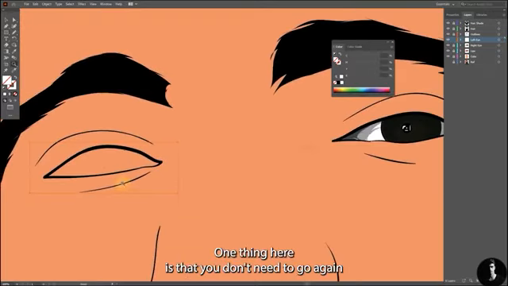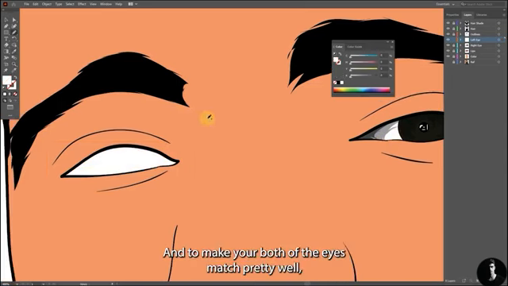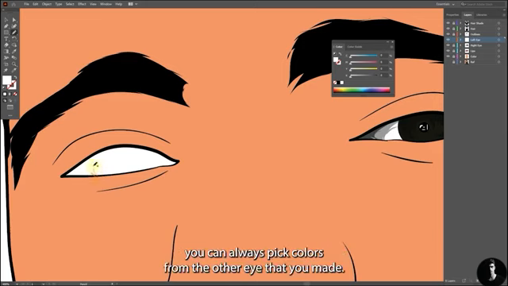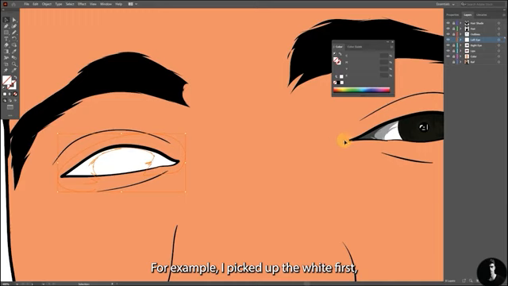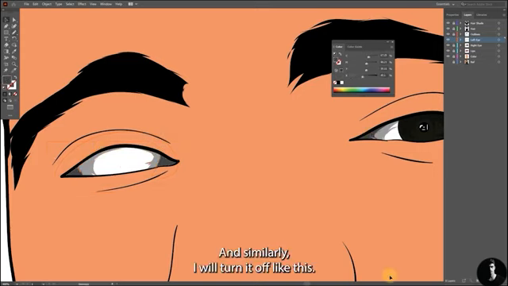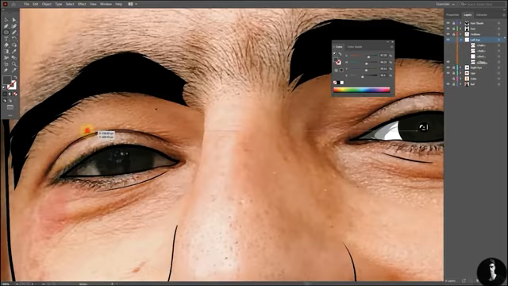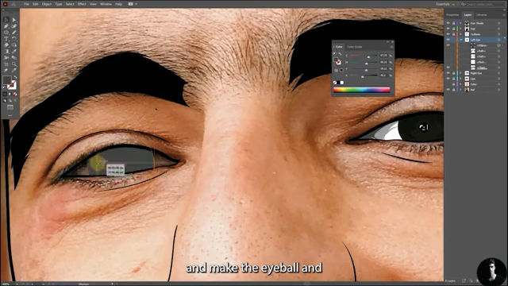One thing here is that you don't need to go again and again for the eye color or everything like that. And to make both of your eyes match pretty well, you can always pick colors from the other eye that you made. For example, I picked up the white first, then the light color, and now I'm going to pick the darker one. And similarly, I will turn it off like this, turn the color layer off, open the ref and make the eyeball,